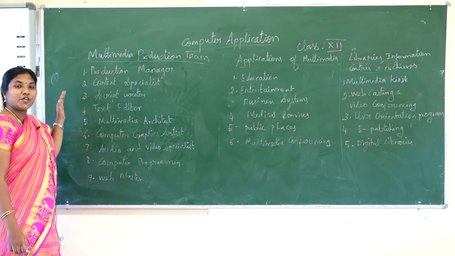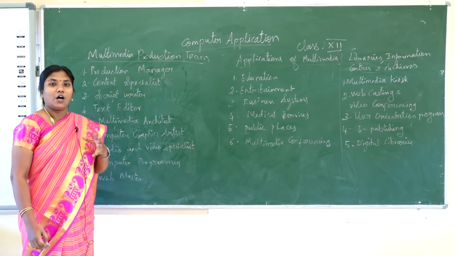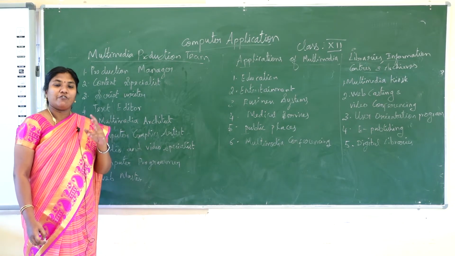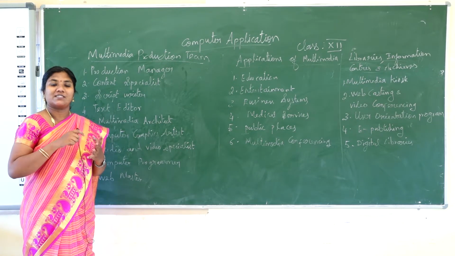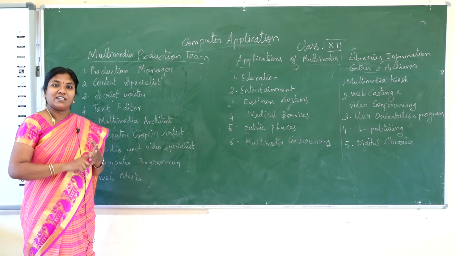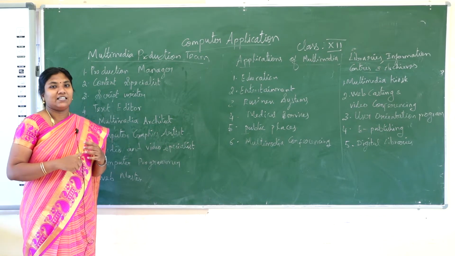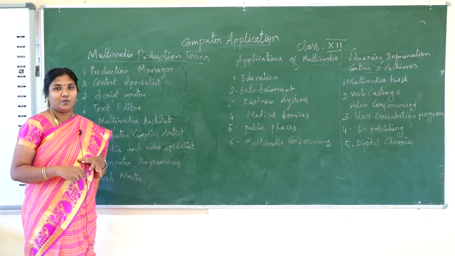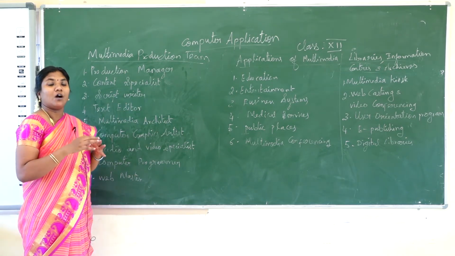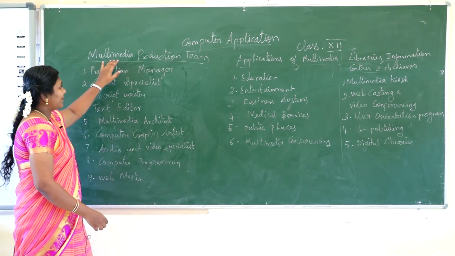In the last video we have seen the steps in multimedia production. So for a project, how will you create it? First you have to analyze the project, then pre-production, in which you use budgeting and hardware and software tools. Next you go to production, then testing and documentation, and finally the project will be handed over. In the same way, step by step, these are the members we work with. So, the multimedia production team.